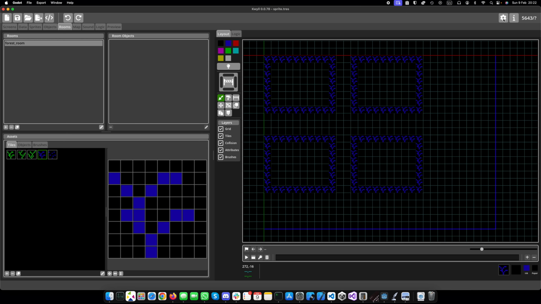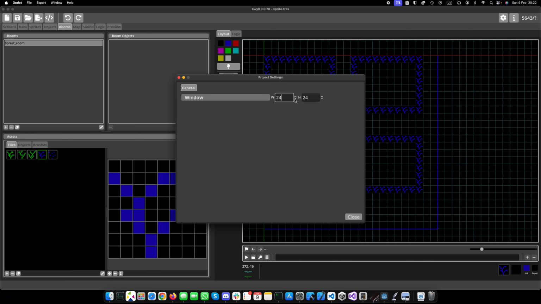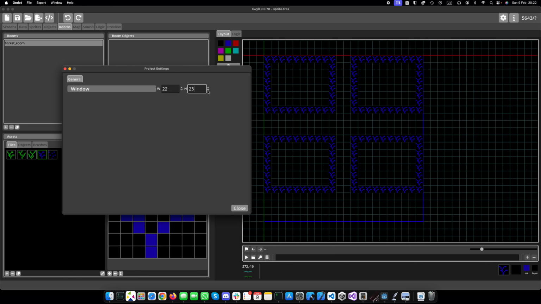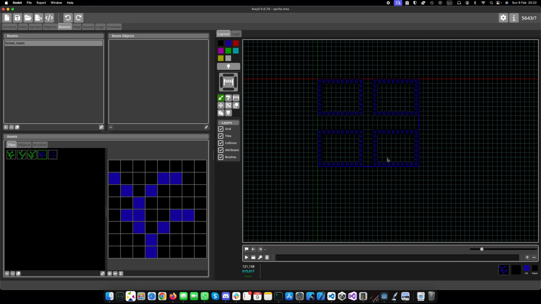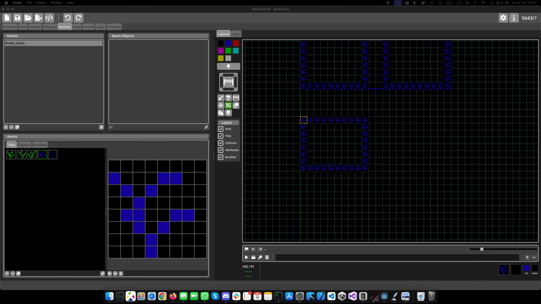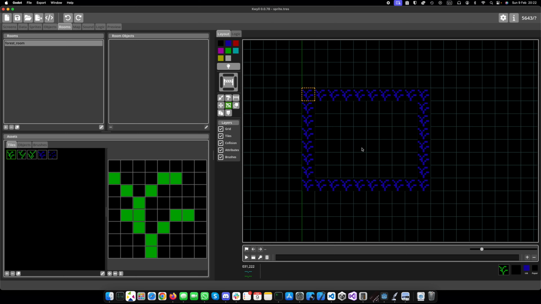Once we're happy with that, we can change the size of the game window. Reducing the size of the game window is a good means to improve memory efficiency. If you don't need all that space around the outside, and the room is constrained to that smaller area, then reduce the window size and you save a bit of memory on export. So now we'll copy one of these into the copy buffer and paste it down as a template to start drawing in our brushes. So once we've got that as a size guide, this is the size we're working with,